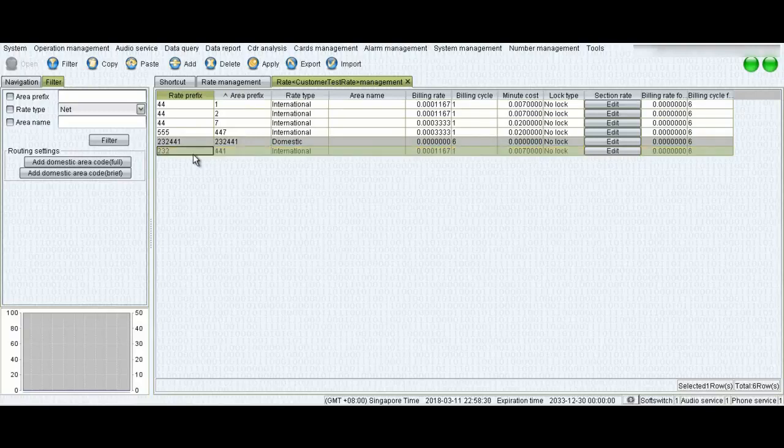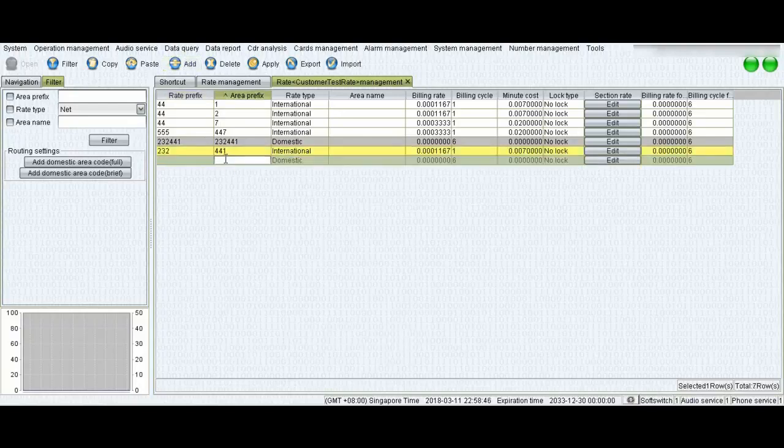Now there are two ways to create a rate. Either you enter the values in rate prefix and area prefix, or let me show you the second way. The most important part you must enter in VOS is the area prefix. What you can do is enter the whole prefix, country code and area prefix all together in this area prefix.